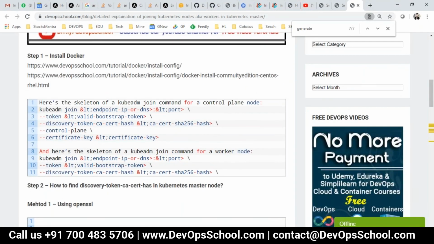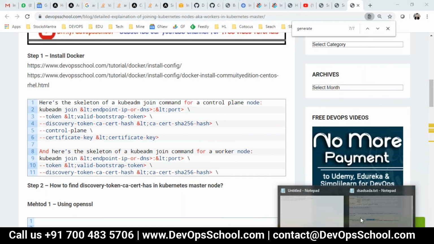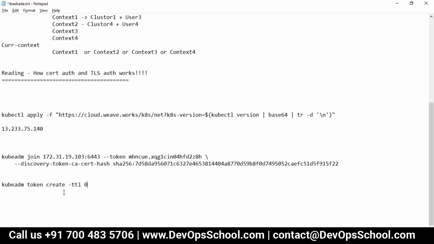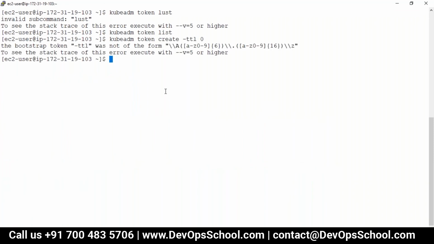The code got spoiled. I will correct it a little bit later, but now I'm going to generate a token. So here, kubeadm token generate with TTL 0 means lifetime. I'm generating one token quickly, not delaying. I generated a token.